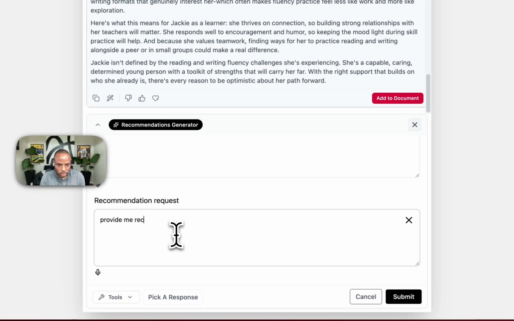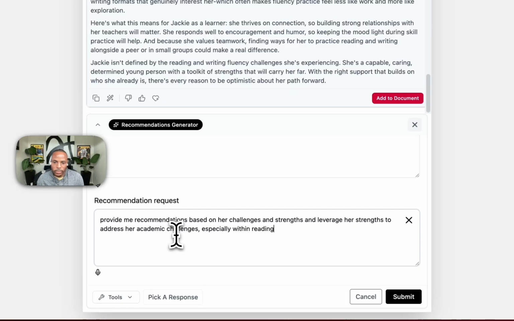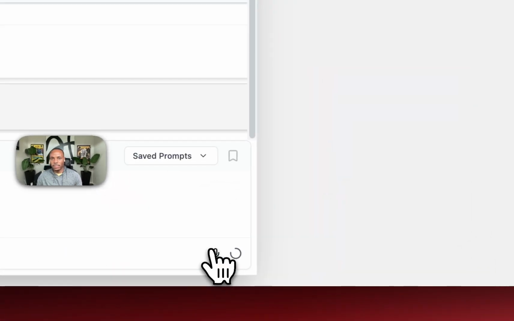provide me recommendations based on her challenges and strengths, and leverage her strengths to address her academic challenges, especially within reading, and then submit.